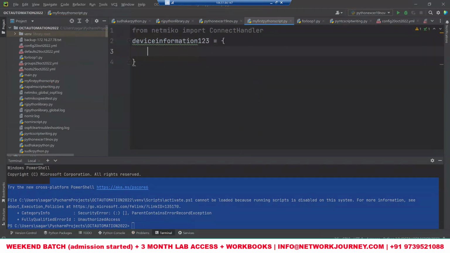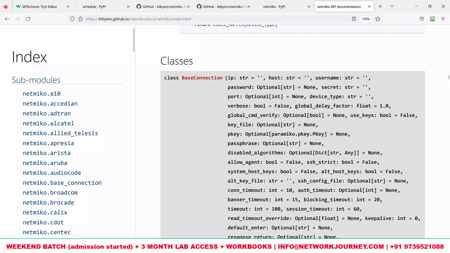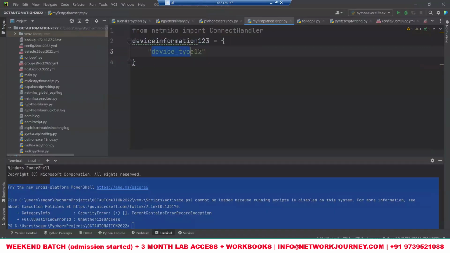Okay, device info. Now we need a few pieces of information that we need to supply. We need device type. Now this I cannot give as 123. Why? Because I need to fetch these things from the source code. So from the source code, I can take it directly. I can say this is the device type which is needed. So I keep it as it is. These are the keys as well. And let's assume on day one, I don't remember or I don't know what